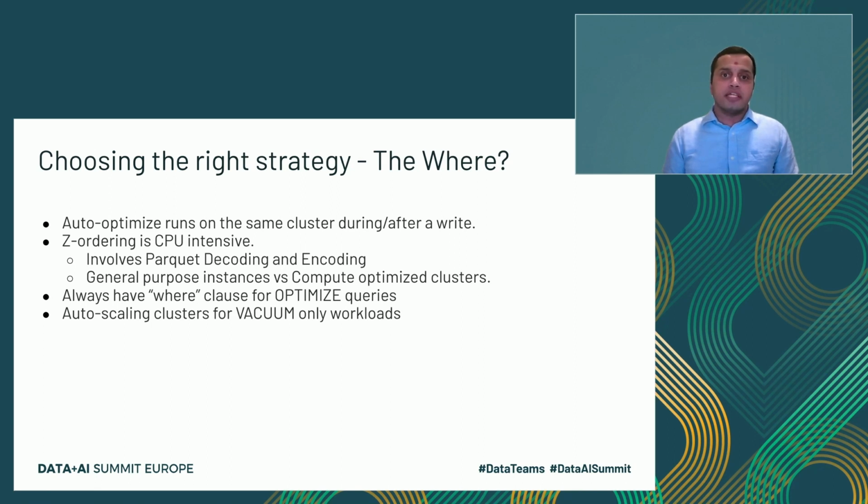And one final note about the vacuum is that when you run vacuum, as we discussed earlier, it runs on the Spark driver. Because of that reason, it's always a good idea to use an auto scaling cluster so that in the first step we will use the Spark resources to identify the files to be cleaned up, and then the actual cleanup will happen from the Spark driver. That's all I had on the data part.